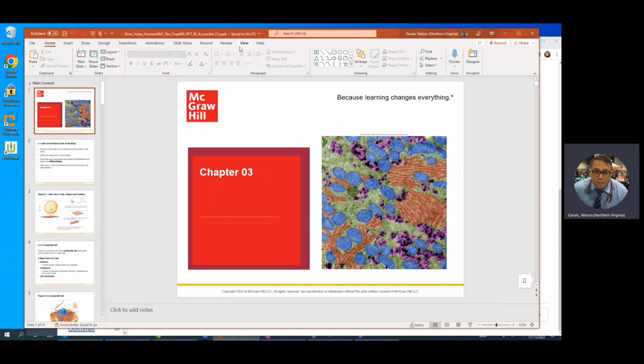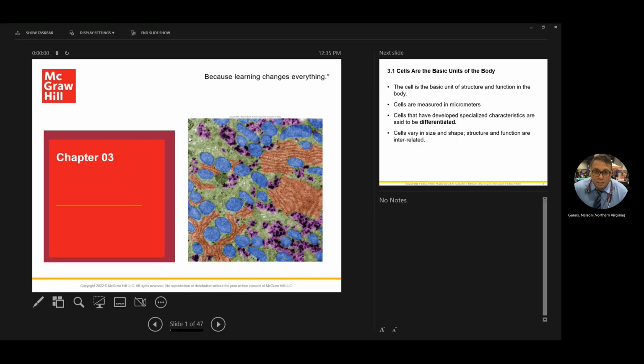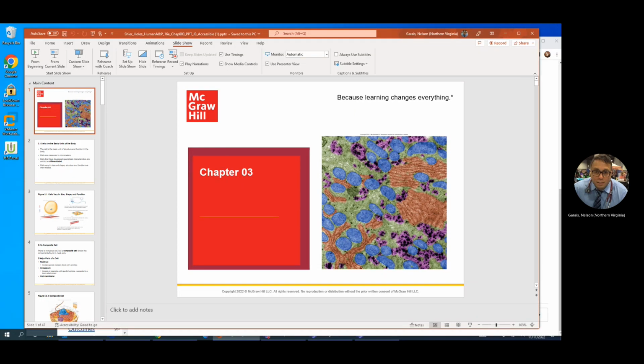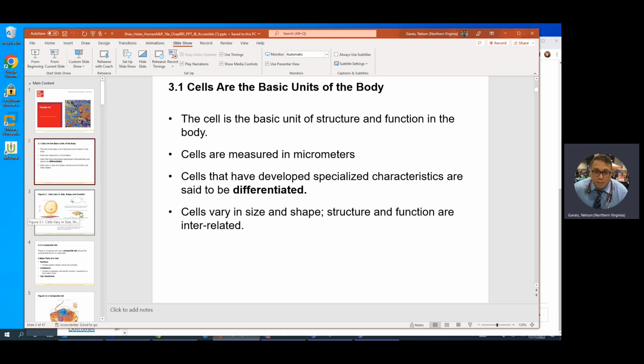And this is a quick review of chapter 3. All right, so what's chapter 3? We're going to be looking at the basic units of the body, and the term regarding cells called differentiation